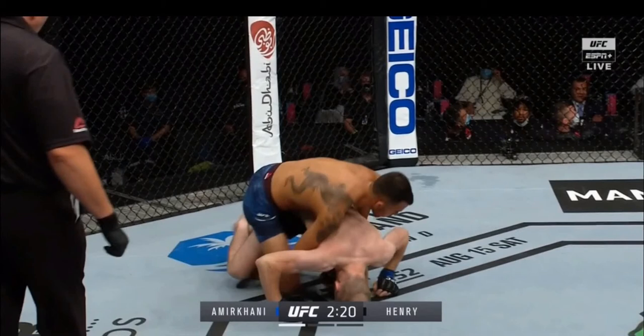We're going to use Makwan Amirkhani as the example for the anaconda. I think he's got one of the best setups in the UFC for it. And for the darce, we're going to use Tony Ferguson because he's probably the most famous implementer of that choke in UFC history. All right, so you can see here that Amirkhani has a hook in on Danny Henry here,